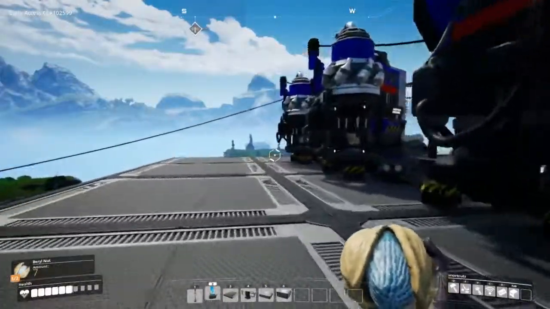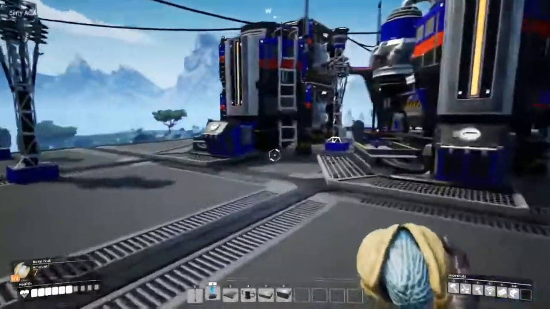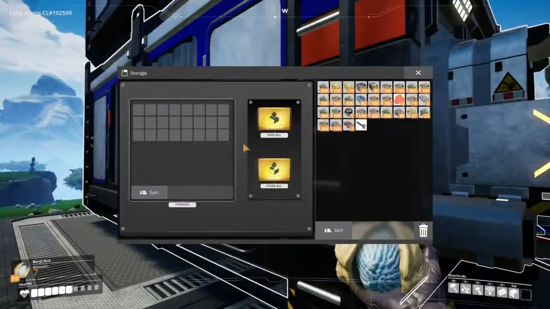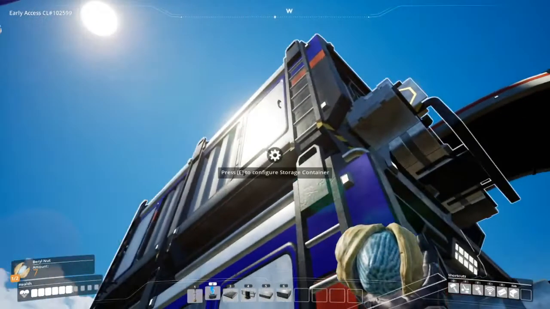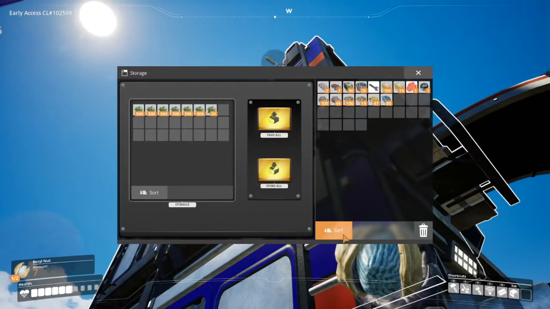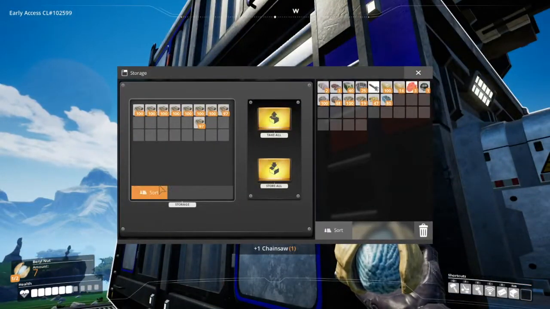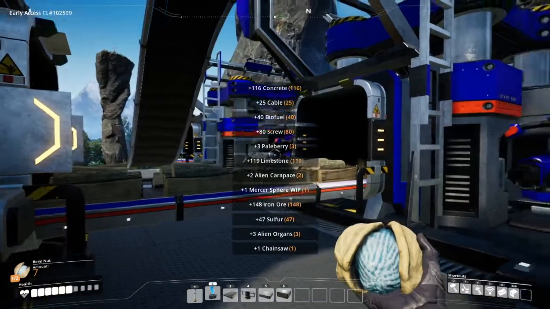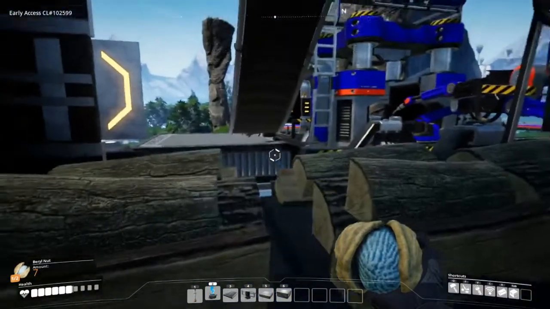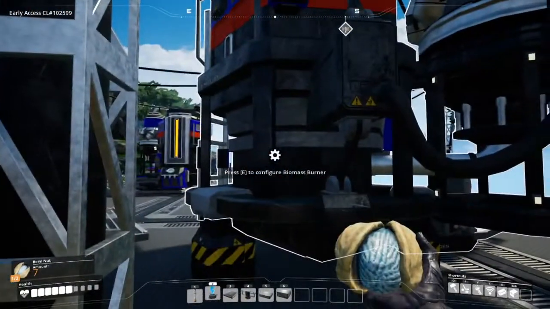Okay, so what we'll do is pop over here. We'll stick all of our wood in that one. I said all of our wood in that one. All of our leaves in that one. Clean up that a bit. And that. Okay, and we can see them popping out. I think they've changed the wood texture. Looks a hell of a lot better. Anyway, and then...